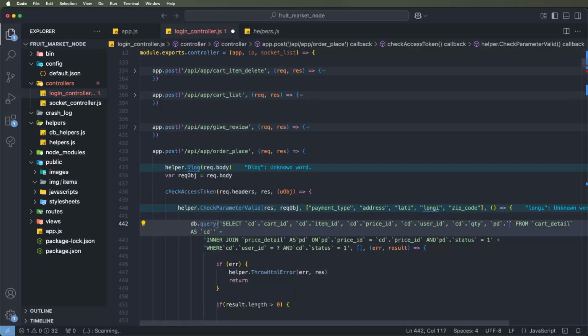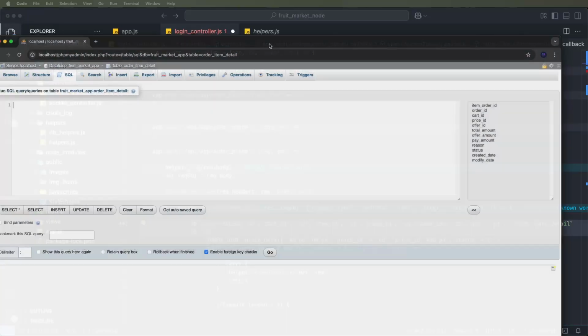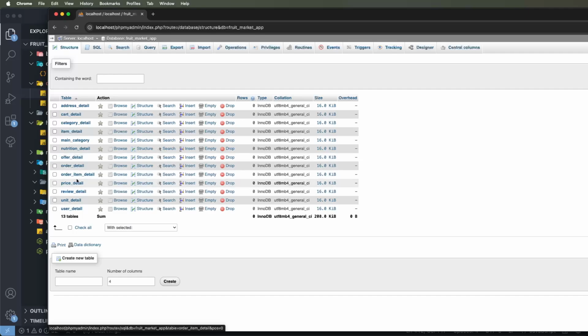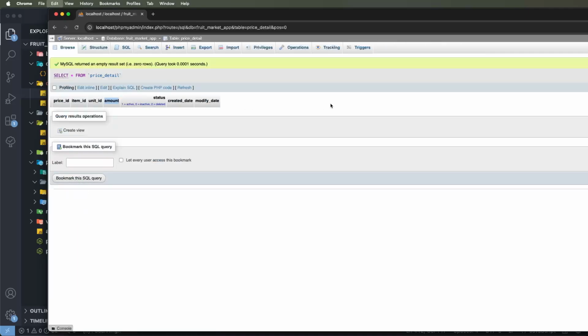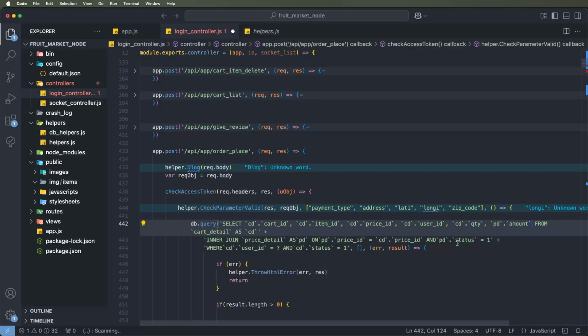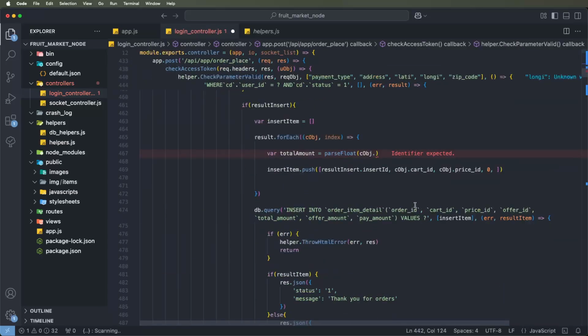D dot, we need to check the column names of this table: price details amount, like here. We need to get the amount and multiply by the quantity, parse int, and set the object